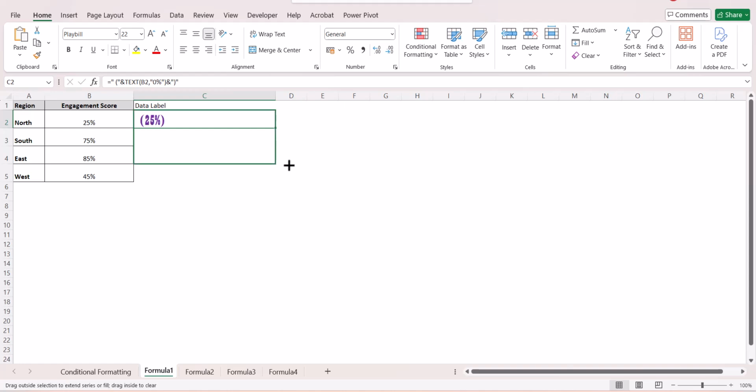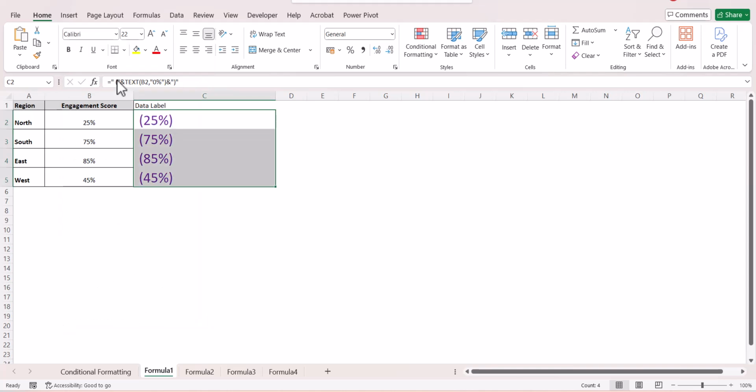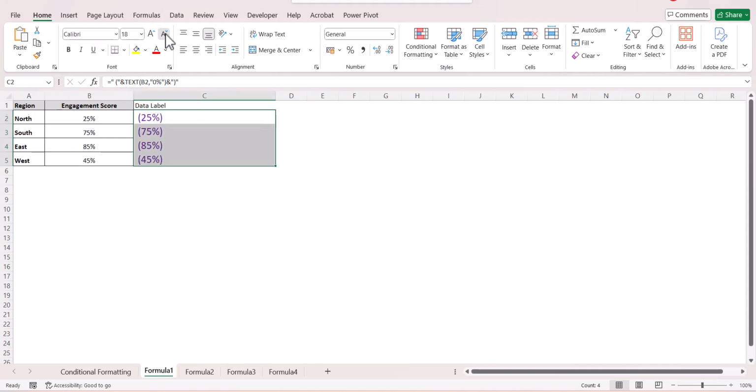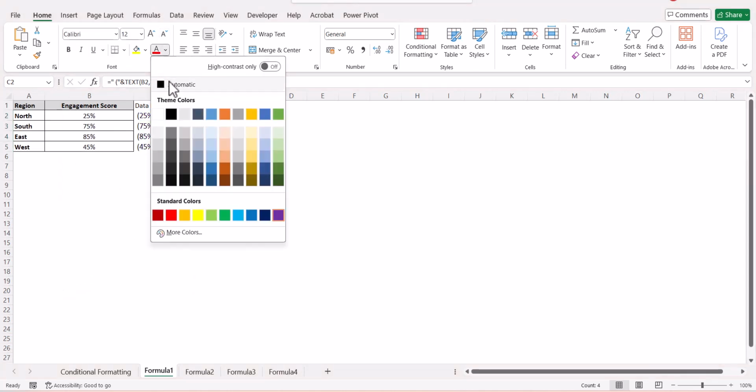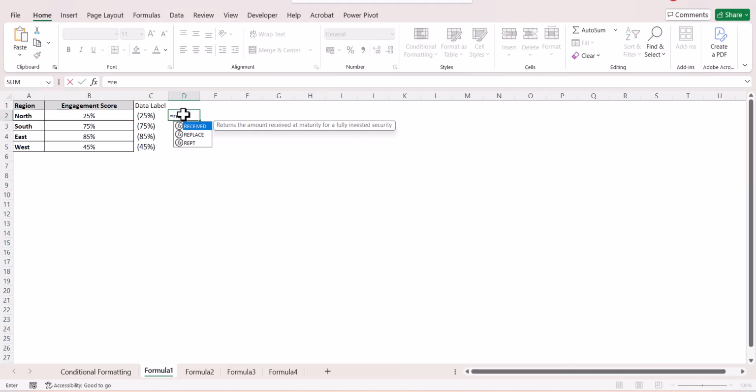I'll just change the font of this. If you see, we get our data labels in a bracket format. I'll just change the font for the time being and I'll just reduce it. So you see, we have our data label present over here. Next, what you need to do is you go here, you say